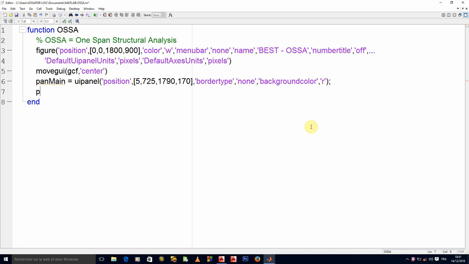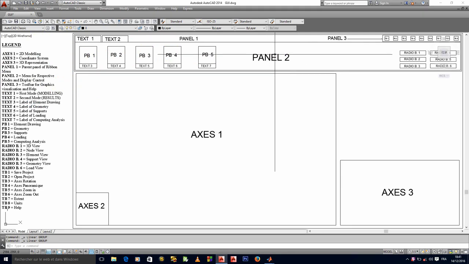Okay, so it will be pan again for the type, and sec, let's say sec will stand for secondary. I don't like long names. So here the secondary panel will be this pan 2. It is all of this other panel inside here, which contains my push buttons and my text 3 and text 4 and all the like, plus these radio buttons and everything here. That is my secondary panel.